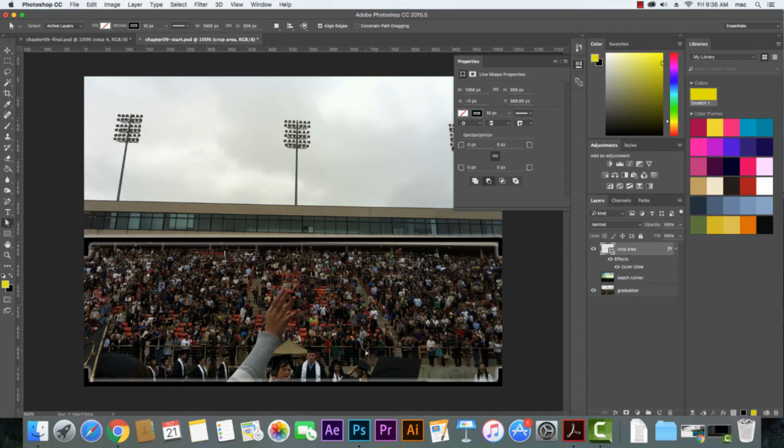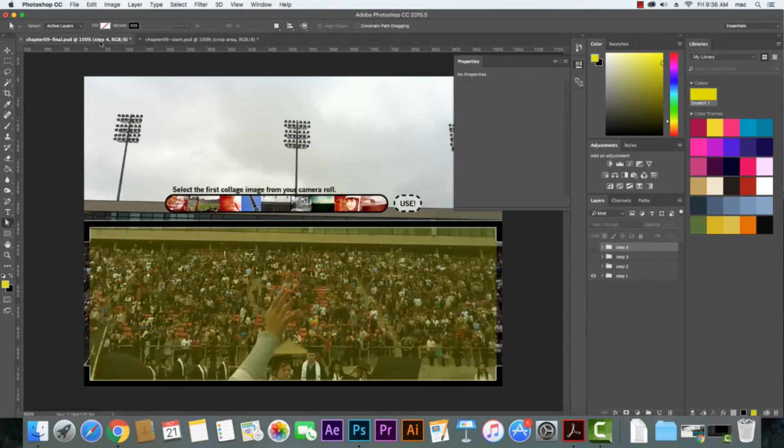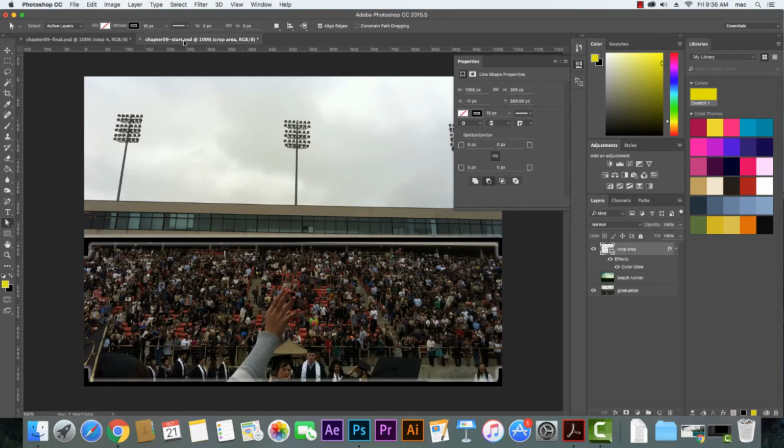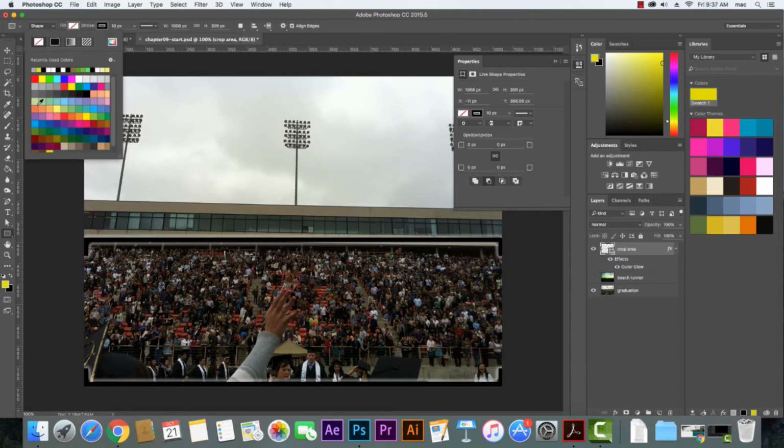So that's great. So now what we want to do is, if we go back to our results, we want to add in this yellow highlight to once again show that this is what we're cropping. So essentially what I'm going to do here is choose the rectangle tool again, and I want to make sure we're on new layer because I want to draw a new shape. I'm going to want to set my fill to